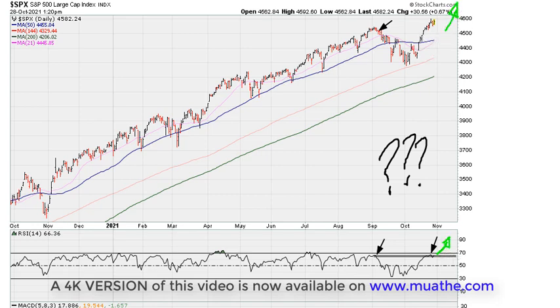Otherwise, if day to day we see the S&P 500 rolling over around here and pointing down, that would tell us that there is a short-term need for the market to pull back, and we will reassess the situation with a pullback whenever the S&P 500 comes back to test this 50-day moving average, or when it comes back to test this 200-day moving average. But around here, resistance would make sense.